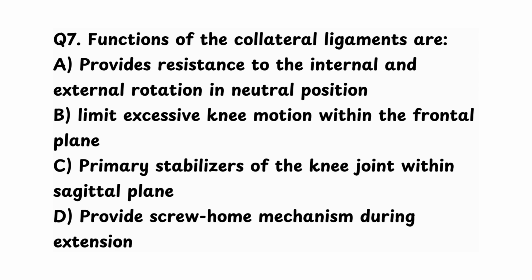Question number 7. Functions of the collateral ligaments are A. Provides resistance to the internal and external rotation in neutral position. B. Limit excessive knee motion within the frontal plane. C. Primary stabilizers of the knee joint within sagittal plane. D. Provide screw-home mechanism during extension. And the correct answer is